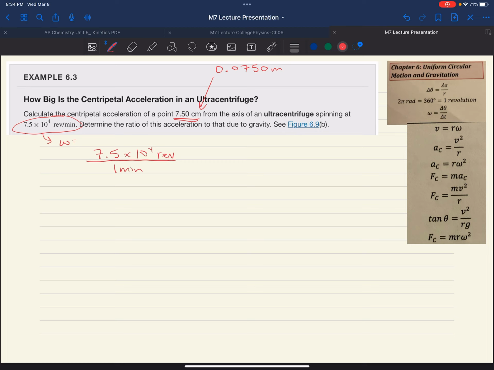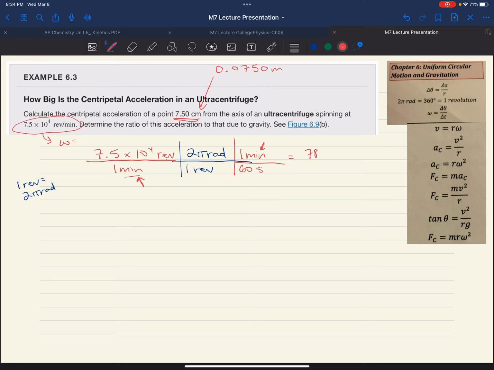The relationship between radians and revolutions, I will write it over here. 1 revolution equals 2 pi radians. You might remember that from a previous class, or you might not, and that's okay. So if revolutions is on the top here, let's write 1 revolution on the bottom, 2 pi radians on the top. We'll keep this going because we now have to convert minutes into seconds. I had minutes on the bottom, now it's on the top to cancel it out. There are 60 seconds per minute. And we plug this in the calculator and find that